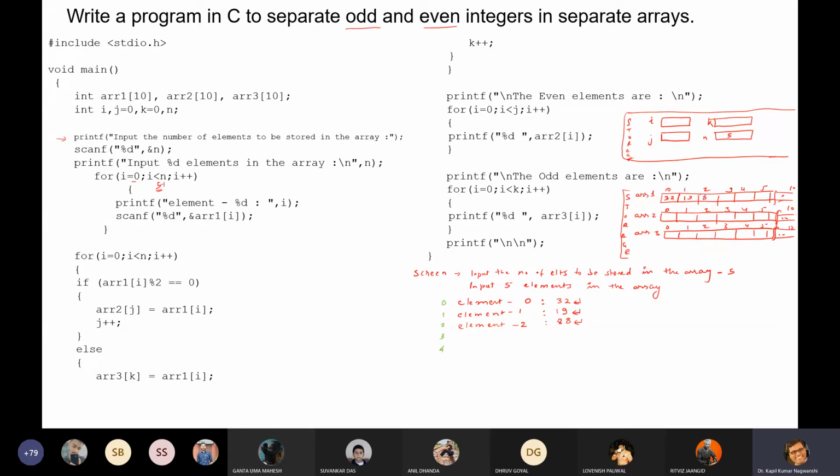So 88 will be stored here. Element 3, 0. 0 will be stored here. And element 4, 2. And 2 will be stored here.